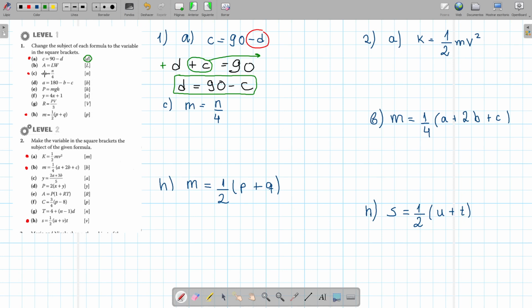In this exercise, we have to solve for n. N should be alone. What is the operation that the 4 is doing to the n? It is dividing it. Even if you see it as a fraction, the operation here is division. So on the other side it will be multiplication. So we have 4 times m